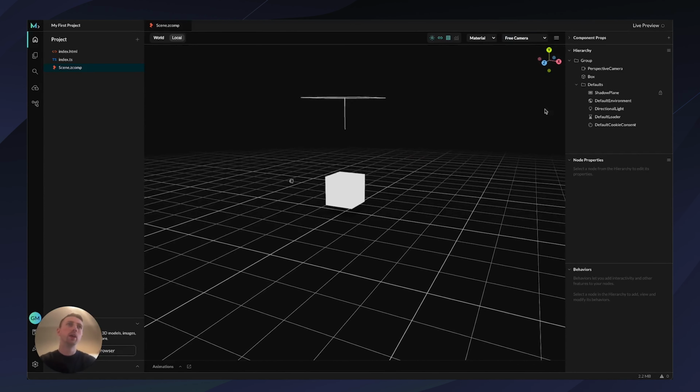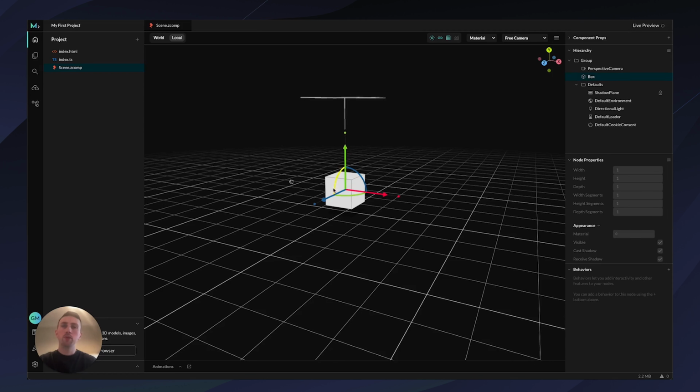So that's the viewport. If I was to click on something in my viewport, you'll see that over here we get a highlight. So this is the hierarchy on the right hand side. And this is a list of all of the components that build up your current scene. So this is the default blank project. And you'll see that we have a box 3D model, which is the one that we're selected on over here. We also have a perspective camera, so the camera that's in our scene. And we have a defaults group, which just make up some of the kind of default things that we want in this project, which will generally come with all of the projects that you open.